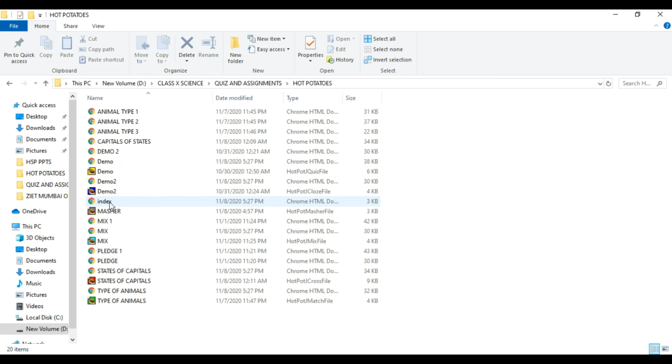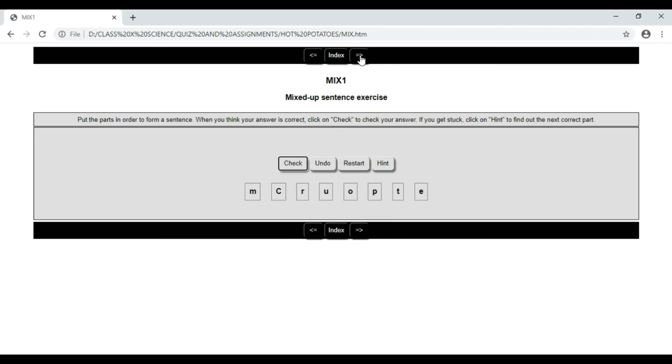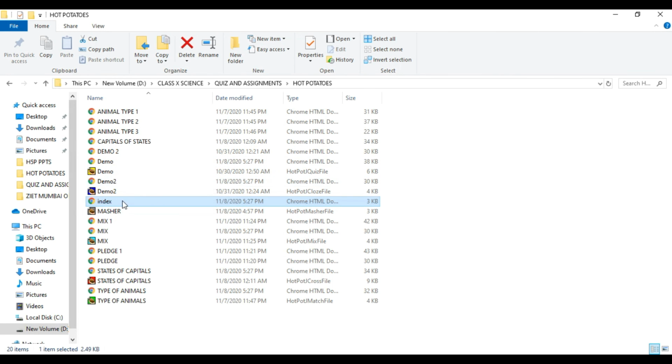And here you see the index. It is an HTML file. This HTML file you are to send as an attachment to the WhatsApp group of students. So when they open this HTML file named index, they will be able to attempt all the exercises under the single HTML file. Likewise. So you are to share the index file with the students, which is in the form of an HTML file, and this HTML file can be shared as an attachment in the WhatsApp group of students.